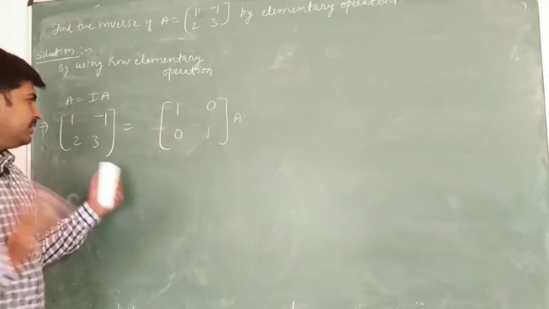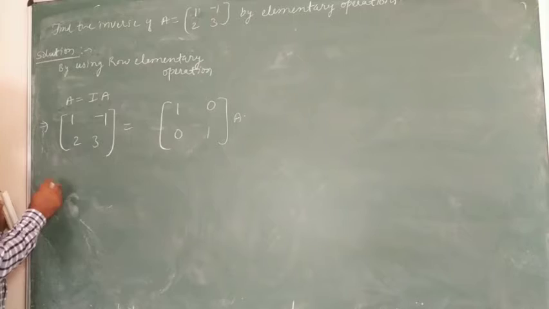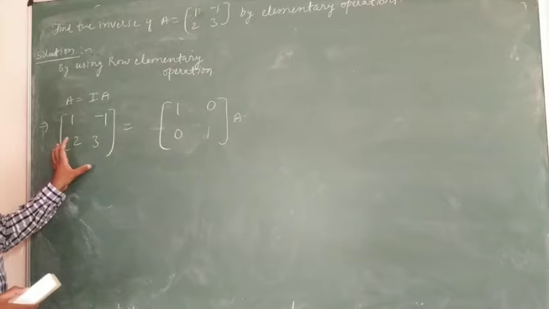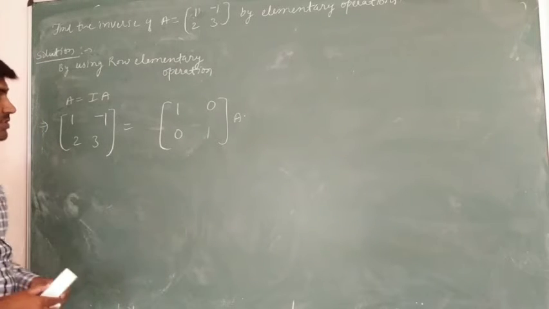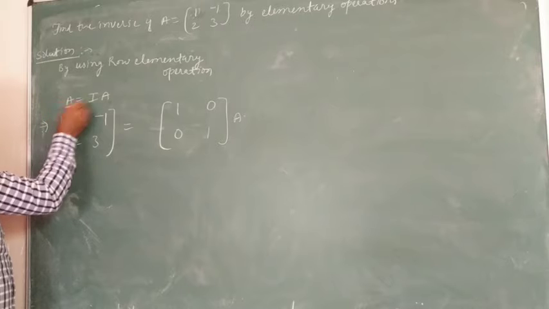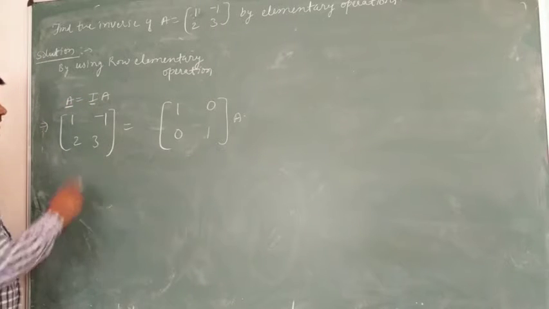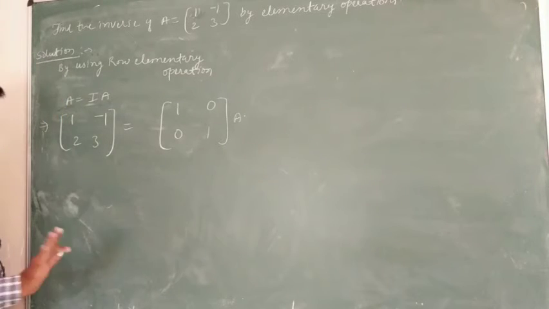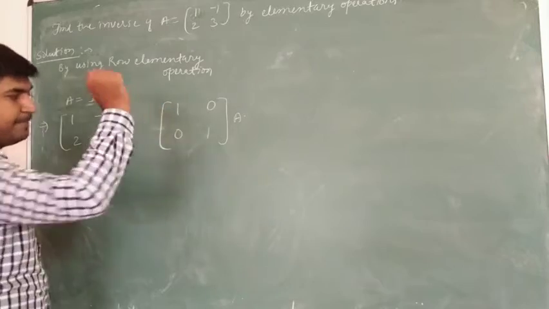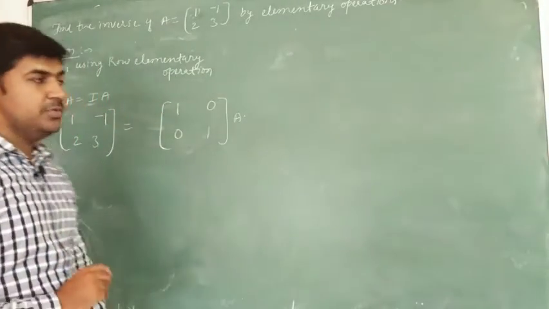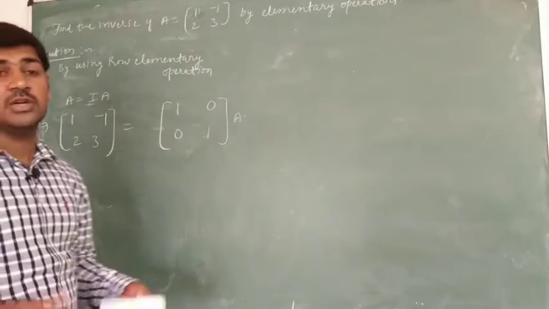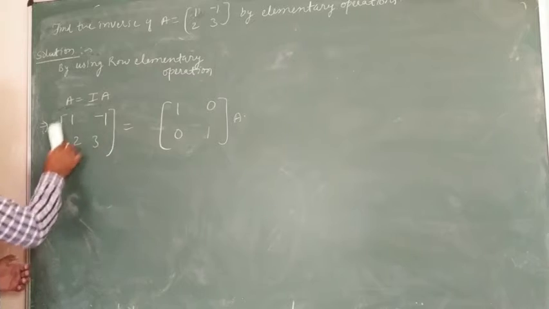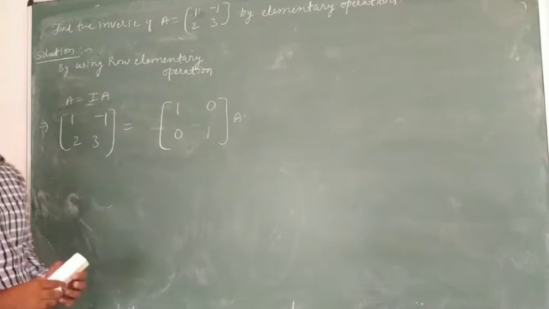Is there any problem? Now students, as I have told just now, when we use the elementary operations or transformation or row elementary operations or transformation, we can use them on this matrix and this matrix. So you have to keep it in your mind on which two matrices we will be using the row elementary operations or transformation. Okay, so we will be using them on this one and this one. Now, how will we be using those elementary operations or transformation? What is our objective? Our objective is to make this matrix an identity matrix.